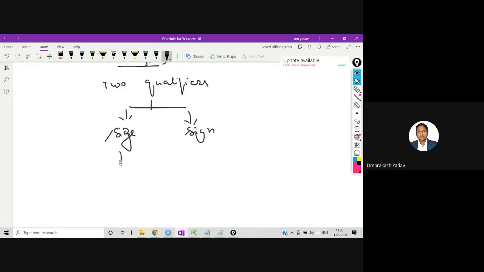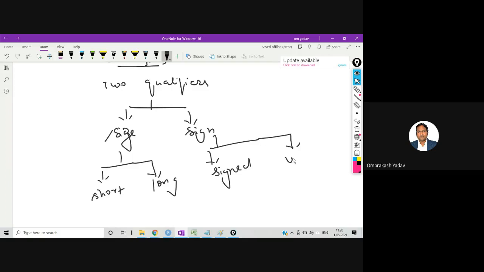Size qualifier means we can have short, we can have long, and sign qualifiers we can have signed and we can have unsigned. Now, with the help of these qualifiers, if we are using a size qualifier, we can modify the size of that particular data type.